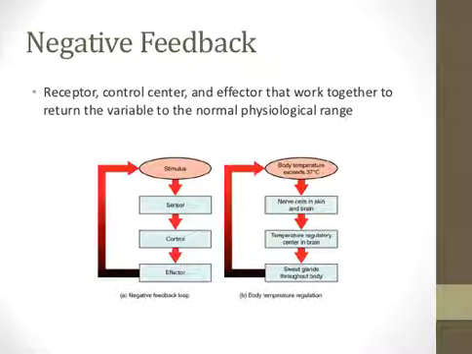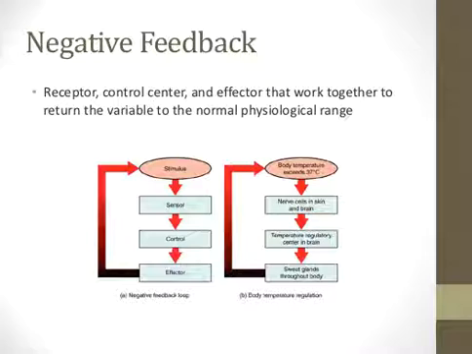There are 2 types of feedback responses that can occur in your body in response to some type of environmental change. First is the negative feedback. This is when a stimulus is out of normal ranges and the body works to bring it back into normal ranges. If it is too high, then it lowers it in response. If it's too low, then the body works to raise the condition.